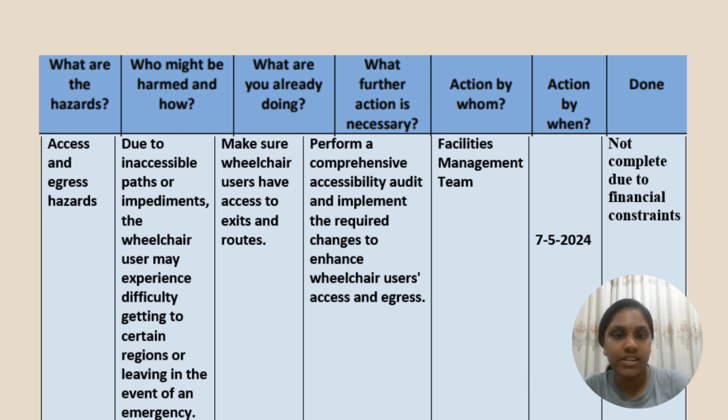The action done is a comprehensive accessibility audit and implementing the required changes to enhance the wheelchair users' access and egress. It is actually done by the facility management team. It was done on 7 May 2024. It is not complete because of the financial concerns of the company.